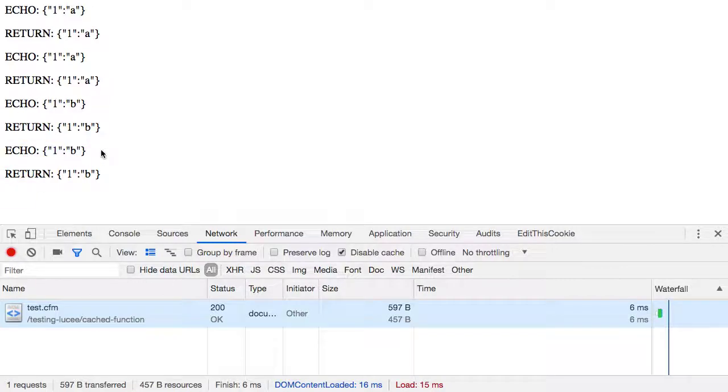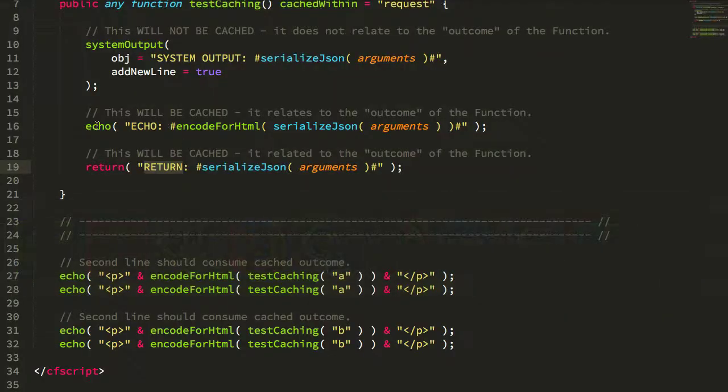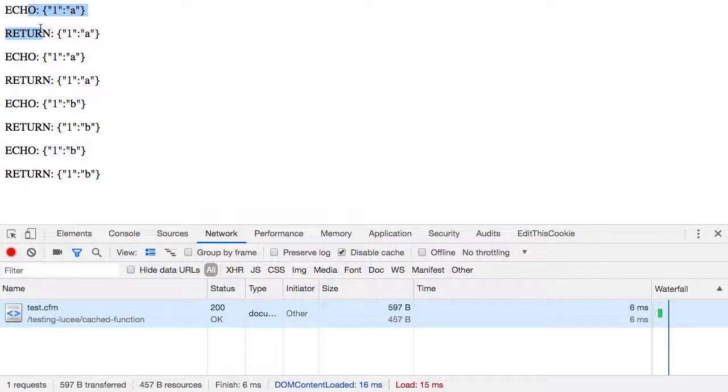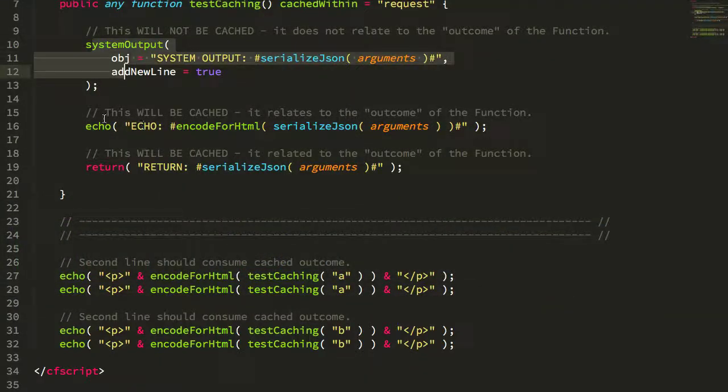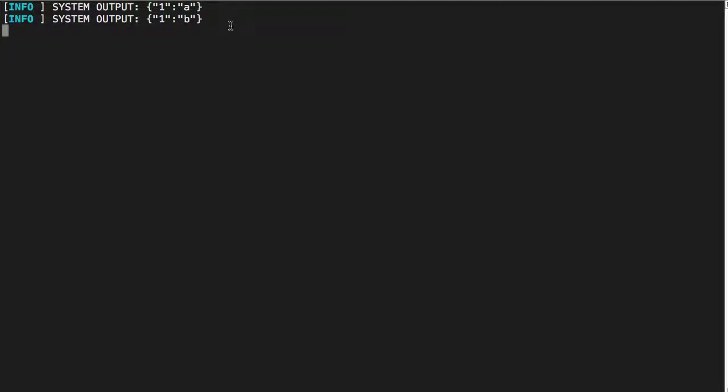So what we can see is that the echo statement, which writes to the output, is included in the cached outcome of the function. Now, to demonstrate that while we have 4 clear invocations of the function, we're actually only executing the function 2 times, we can do that by looking at the system log. And here in the system log, you can see that the system output call, which is what we call right before the echo, is only being written to twice, once for A and once for B,